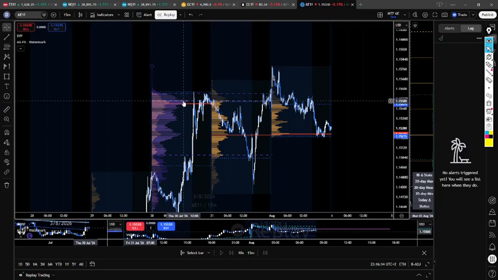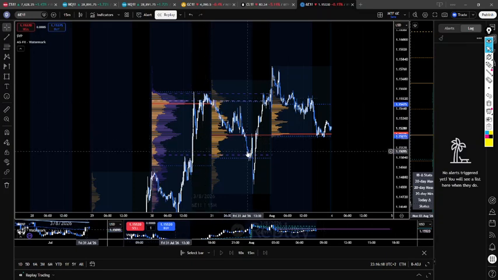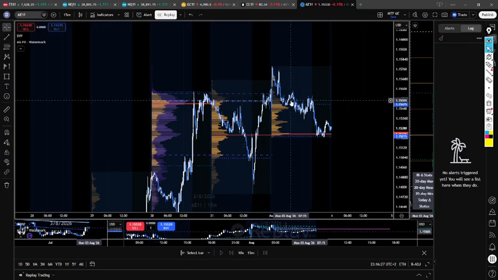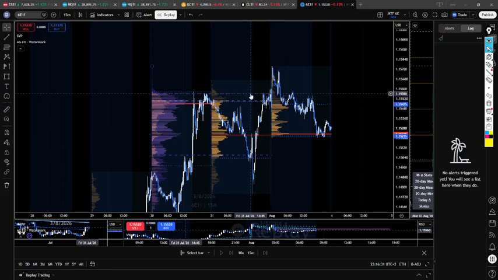So it's the most popular prices that they call the balance. When price is trading in here, it's in balance, as opposed to trending outside these areas. And the place the most volume trades is the point of control, which was slightly under this trade, which isn't great. But what I liked about this trade was, if you look here,